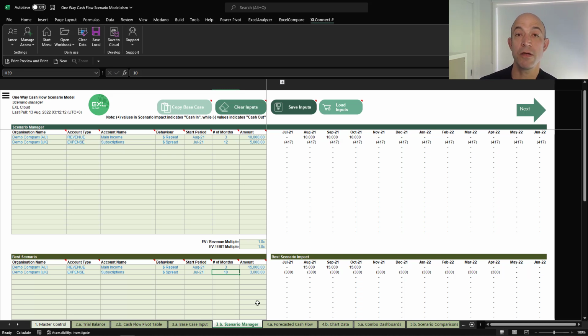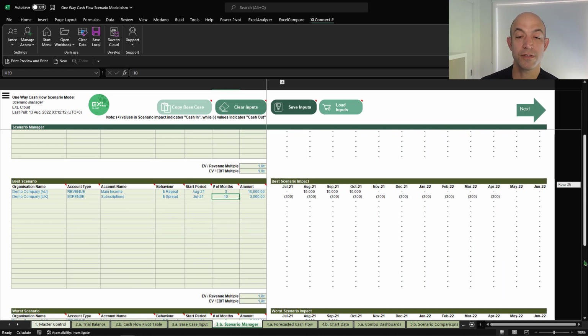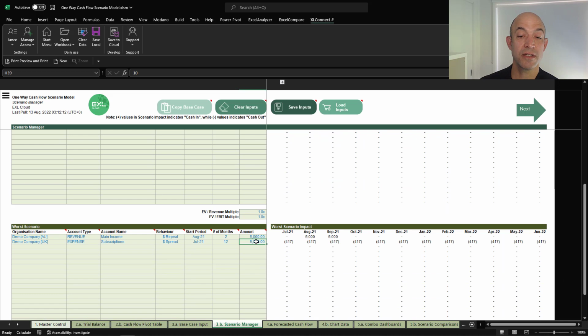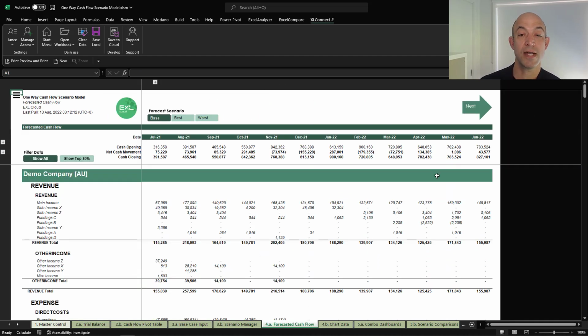Ultimately, these scenarios are really dependent on what decisions you're making and what your client's making relating to these particular scenarios. If we have a worst case scenario, maybe the subscription is going to be $8,000 because we don't have the ability to negotiate some of that. So once you've done all of those scenarios, we can click the next button on the right hand side, and